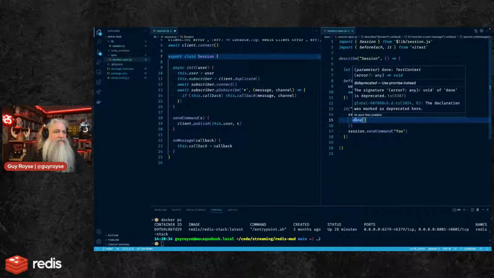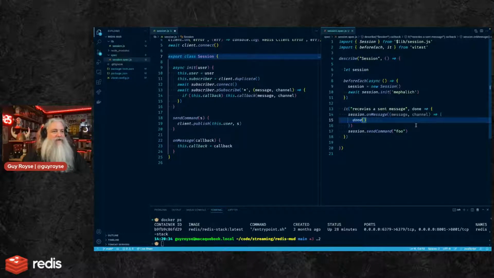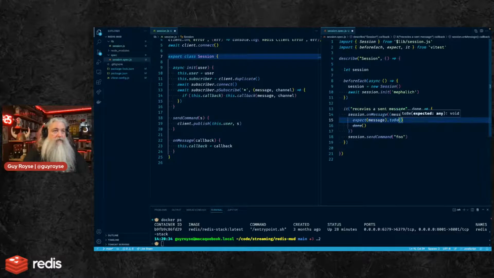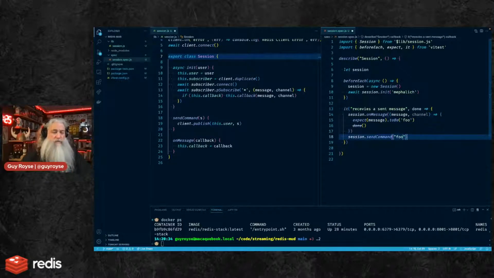Is it saying I should use a promise instead? I don't disagree with that sentiment, but I'm not sure I could tackle this with a promise in this particular scenario because I want to have my expect in here. Expect message to be foo, single quotes here.